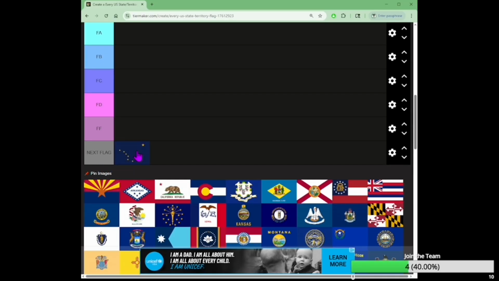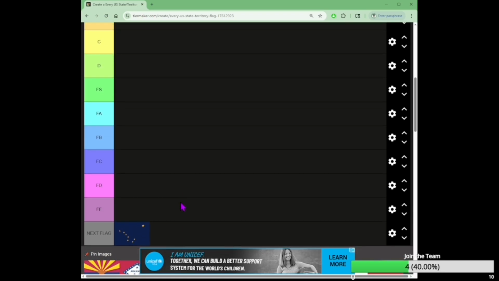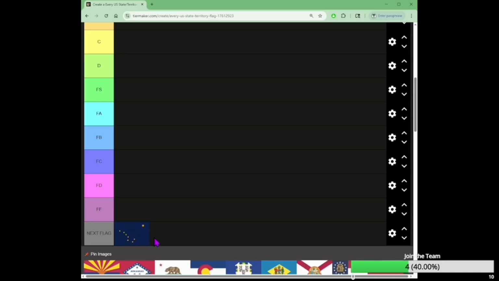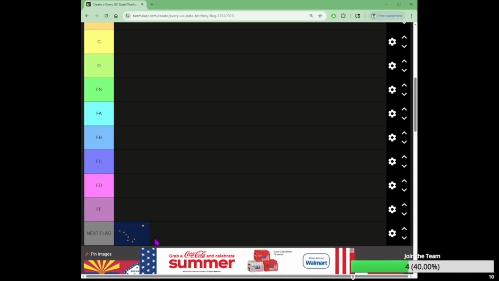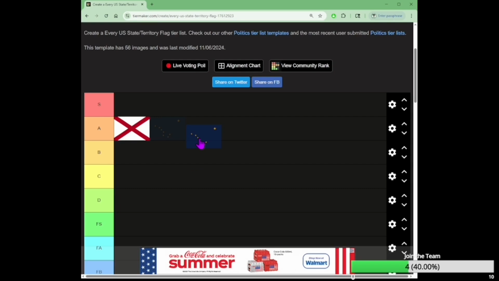Up next, Alaska. Now, Alaska is the most northern state we probably have. It's on the continent itself of North America, but it's not connected to the rest of the main country, as we all know. It's separated by Canada. And it's a really solid flag, I would have to say. So I'm gonna put it in